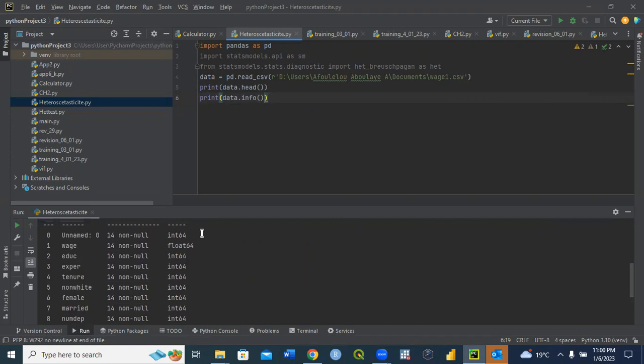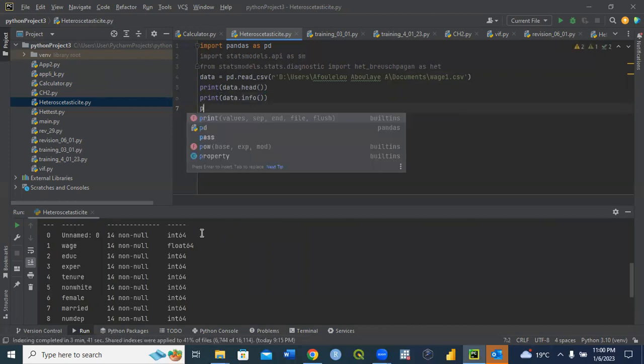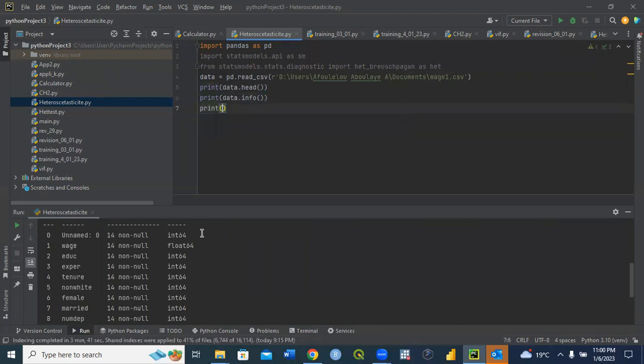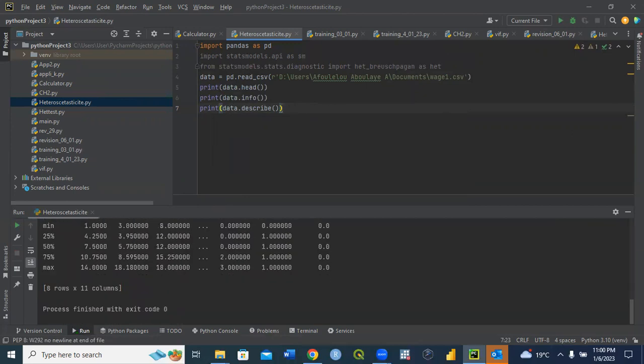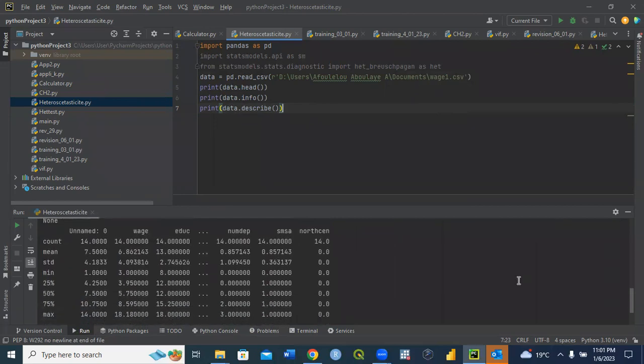If I want also to describe my data to see the mean, minimum, maximum, and so on of all my data, I can use also describe and show it before proceeding. For example, here, then I will use describe. Now describe from here, and now I can execute. Then from there, you can see now all variables and now their means. Can you see their count here is just giving us the number of observations, the standard deviation, minimum, the quartiles,